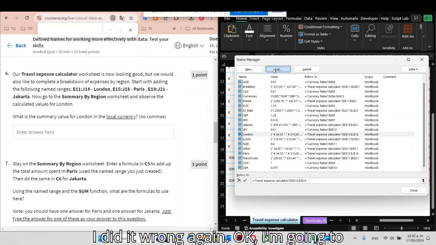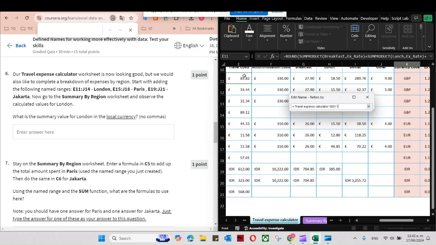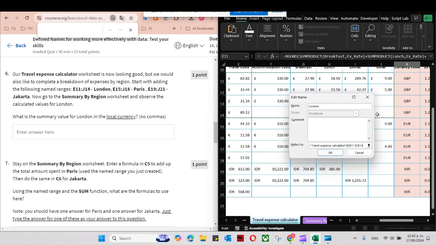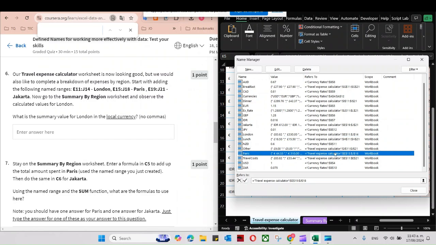I did it wrong again. Okay, I'm going to correct it. E11 to G14. Paris, where is Paris? E15, and Jakarta.